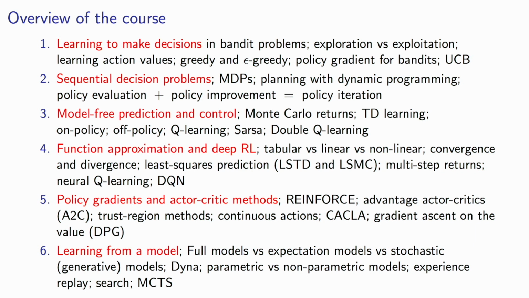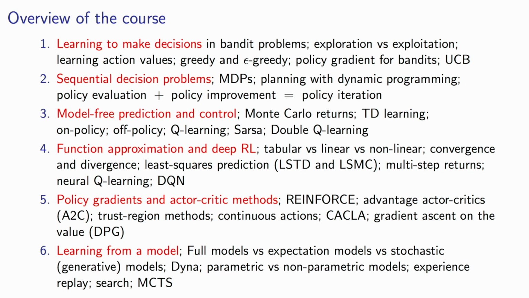And within this context, we also discussed ways to make these things more efficient. For instance, by using trust region methods, which means that you don't update your policy too much. You stay somewhat close to your current policy in a sense, which can lead to smoother trajectories, better learning. And we discussed how to use these methods to do continuous actions, because that turns out not to be that hard when you're already in the space of learning these policies directly. And we discussed some specific methods.